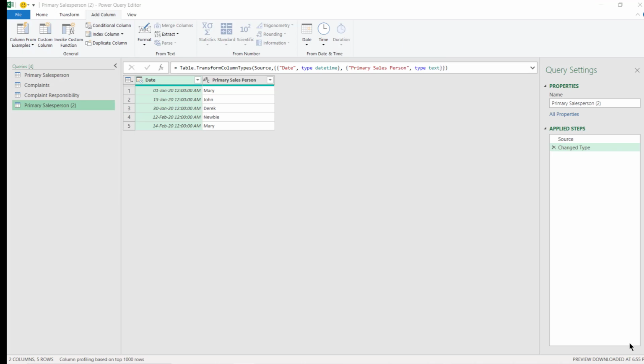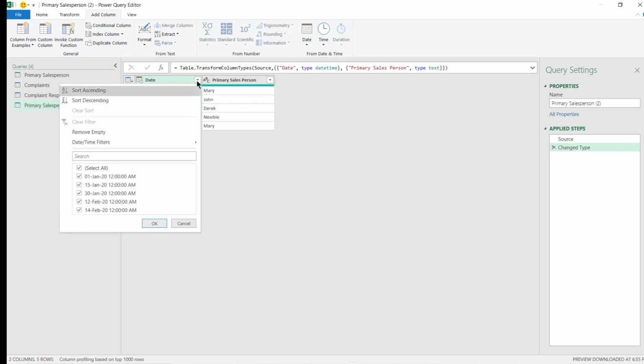The plan is to turn this into a function which will return the name of the salesperson for any given complaint date. So in order to do this, I'm going to generate some lines of code which I'll then parameterize. So to begin with, I need to think about this from the perspective of the complaint, and I would need to know who the primary salesperson was right before my complaint occurred. Before or equal to is important too, because as we know, one of the complaint dates linked exactly to when newbie took over. So we're going to put a filter in here,